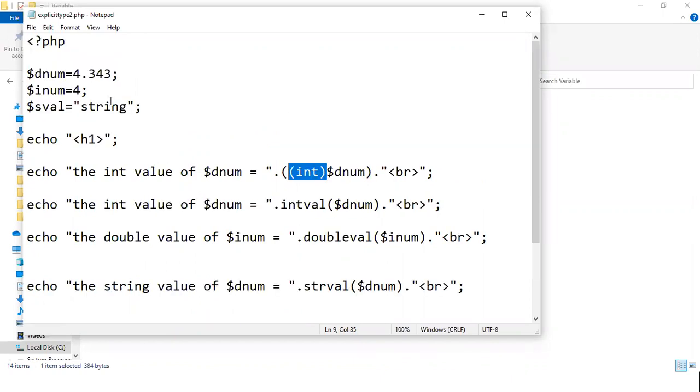A double will always have this decimal value, this fraction part. Let's check whether the first statement itself will display the fraction part or not, because if we convert it into an integer, an integer never has an exponent or fraction part, right? And this one also, look, this is a PHP function, right?